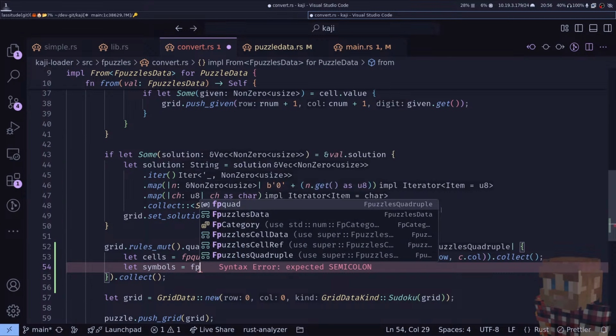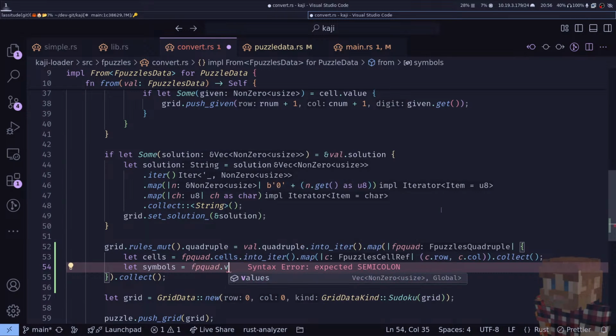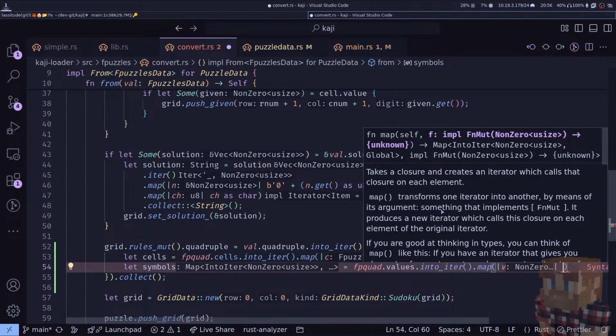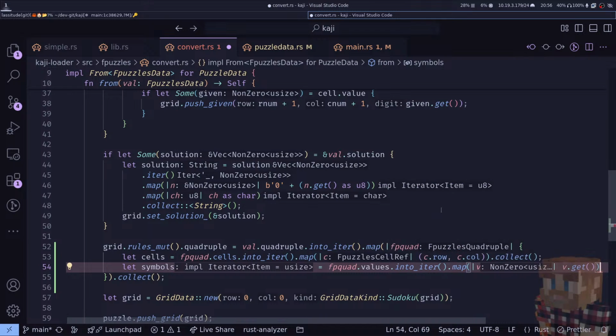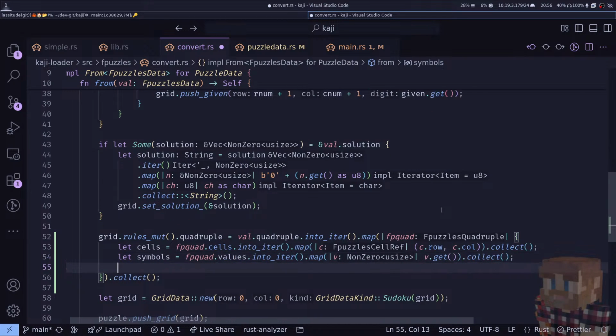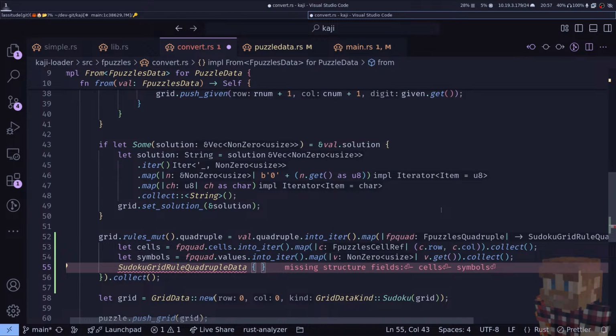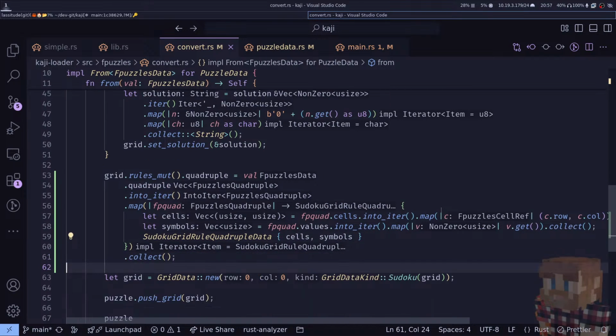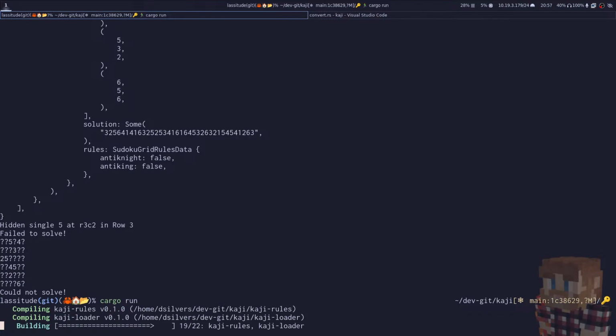Symbols is fp quad values into iter map. Given a value, value.get, collect, and then we want a Sudoku grid rule quadruple data cells symbols, and that's converting it all into the rule set. So again, if we cargo run,